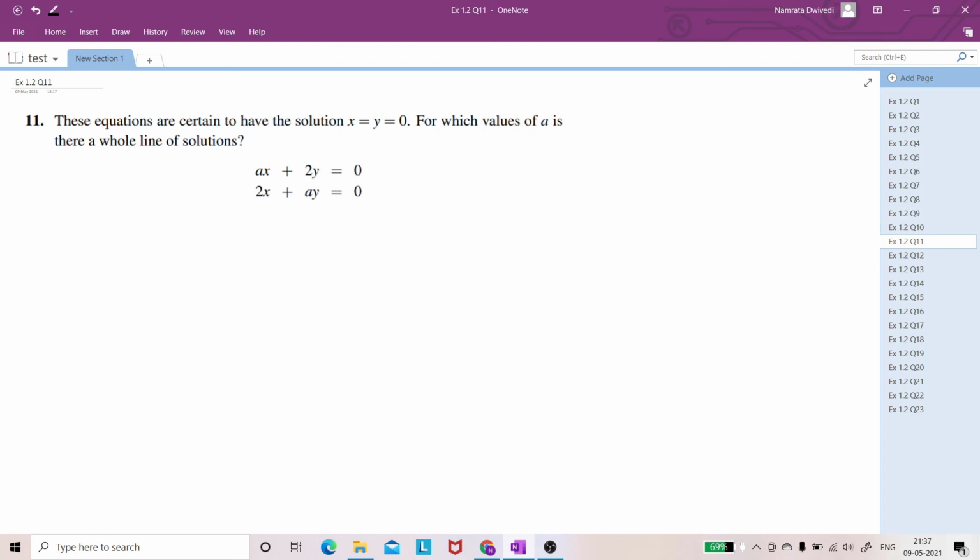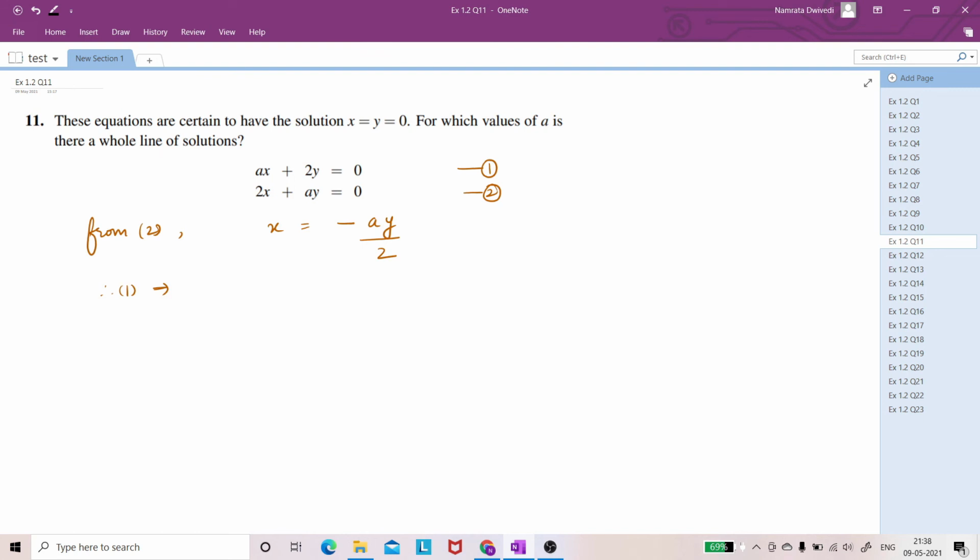So here we have the equations ax plus 2y equals 0. Let's take this as 1. 2x plus ay equals 0. Let's take this as 2. Okay. So from equation 2, what do we get? X is equal to minus ay upon 2. Am I right? So when we substitute this value of x in 1, so therefore 1 implies,